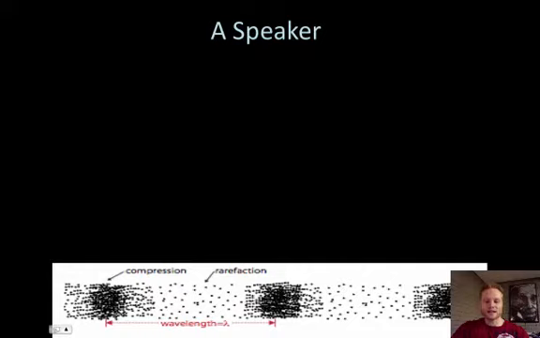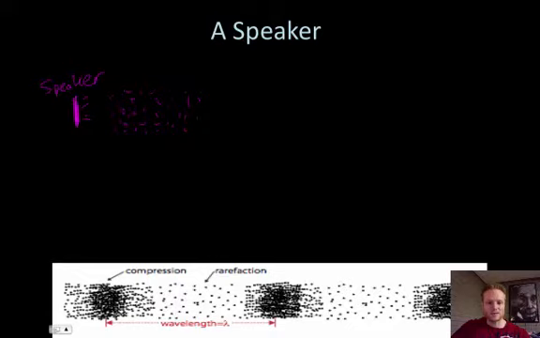So let's take a look at, say, a speaker, because sound is a longitudinal wave. If I have a speaker here, let's say this is my speaker. Okay, how a speaker actually works is, well, first let me draw some air particles. Okay, let's draw some air particles here. As the speaker makes noise, or it creates a sound wave, make a sound wave here. As it makes a sound wave, the particles either compress in a point, so let's make some more particles here,